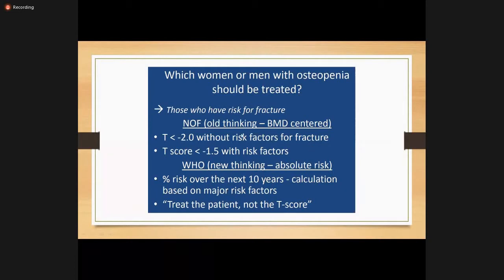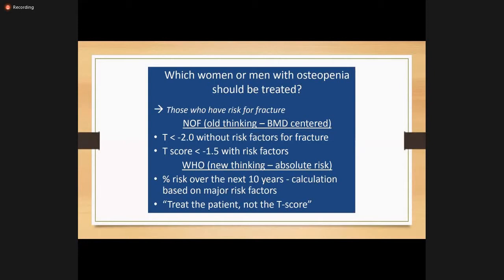But if you have this T score result on DEXA scan or bone mineral density testing, and you have an additional risk factor that we already mentioned, then these are the patients who still need treatment, although they are not meeting the criteria of osteoporosis. But this was the somewhat older thought process; the newer one is going for the FRAX scoring system,